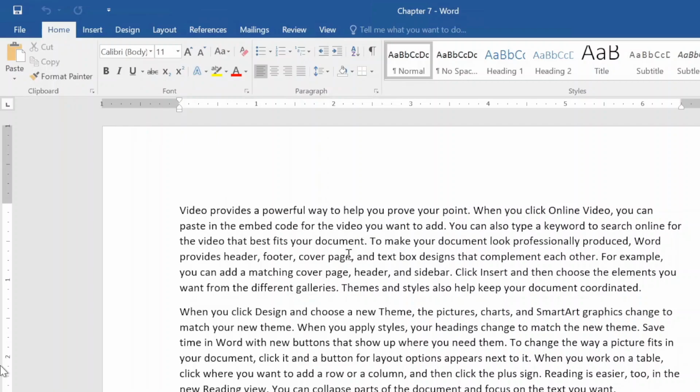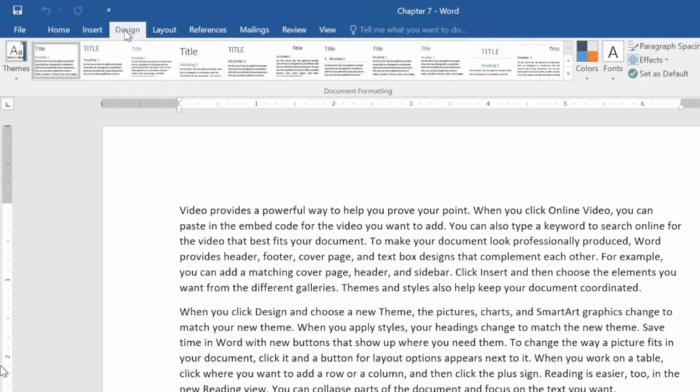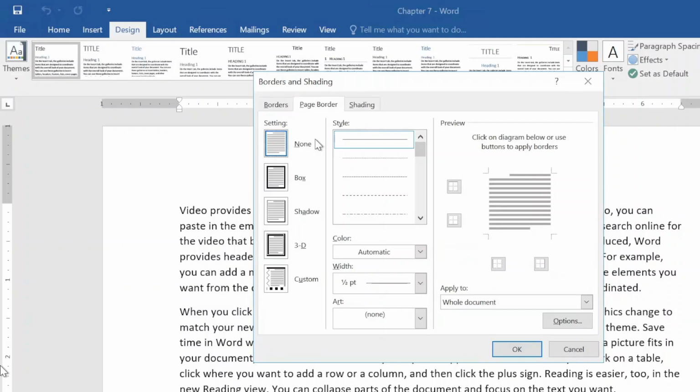So if I wanted to add a border to my document, I go up to the Design tab on my ribbon, and in my Page Background command group, here we have our Page Border area. This opens up our dialog box to our Page Border tab. The setting is the first thing you want to select in the left. Box border is just a plain,